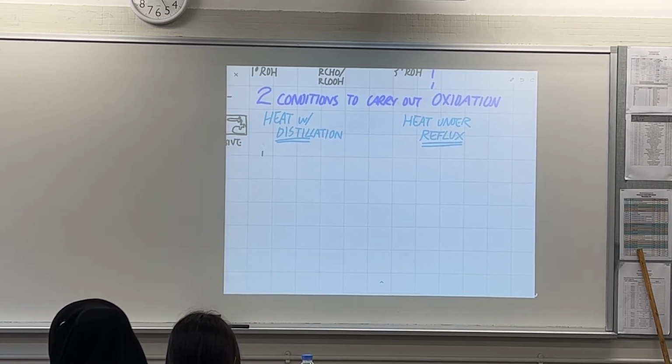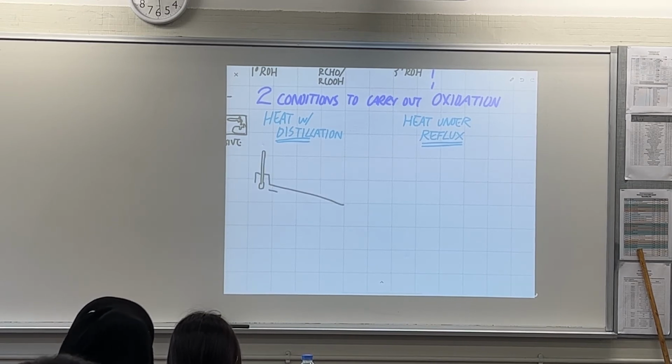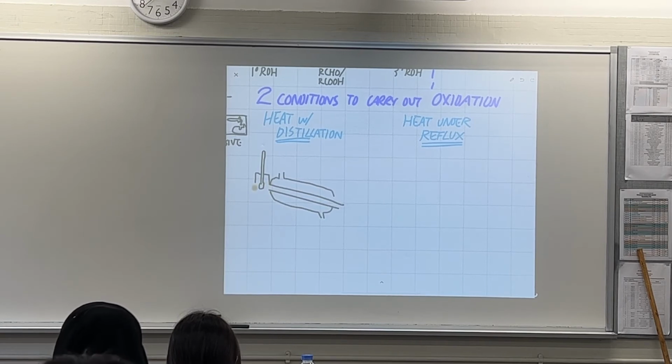For distillation, the thermometer is where I see most of the mistakes. The top of the thermometer must be facing the exit to the condenser. It cannot be higher or lower than the exit. It must be facing right at the exit. You see, I'm placing them at the same level. If you put it too high,